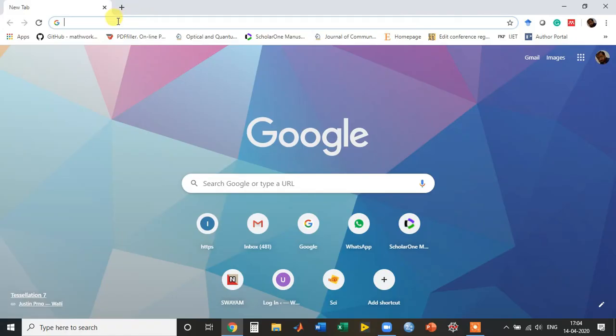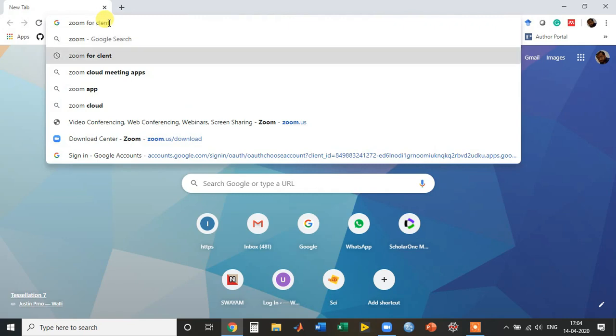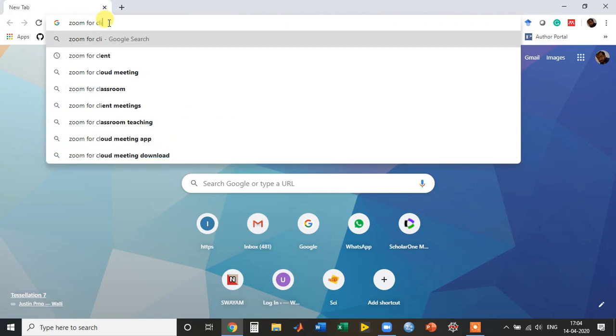Just go to Google Chrome and I will open it and type Zoom client, and I will press enter.